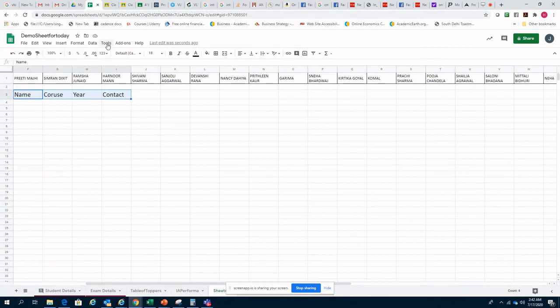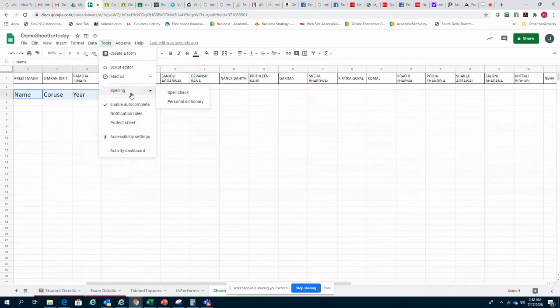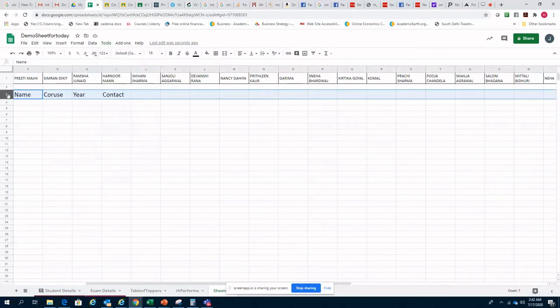Further, we have another tool, the spell check, that is the spelling checker, in Google Sheets. For example, you have made your Excel sheet and there might be some typos. So at the end, we can just run the spell check. If there are some typos, it will correct them. For example, in this, I run the spell checker.